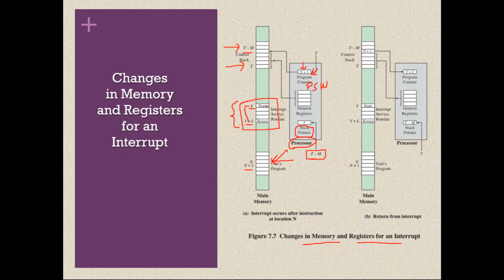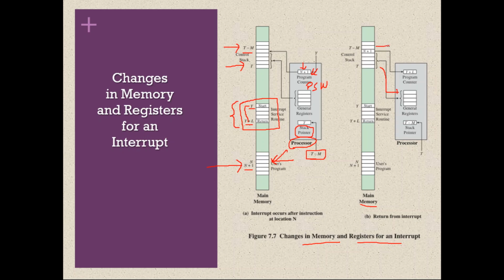Once that is completed, again the CPU should resume this process, right? Whatever process it has kept pending, it should start executing. How will it start executing that? Whatever was pushed in the stack should be reloaded into the processor. So what happens now is shown in this diagram. Previously whatever has been pushed, like the PSW and general purpose registers, all these are reloaded back to their respective registers.